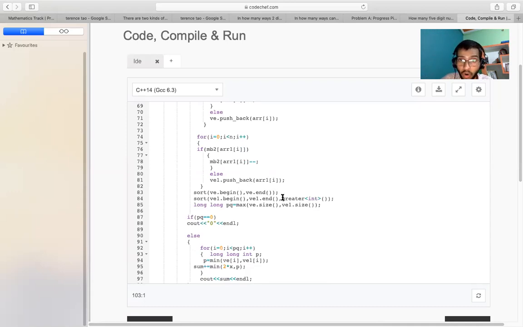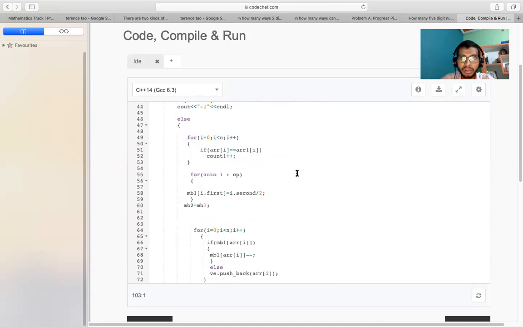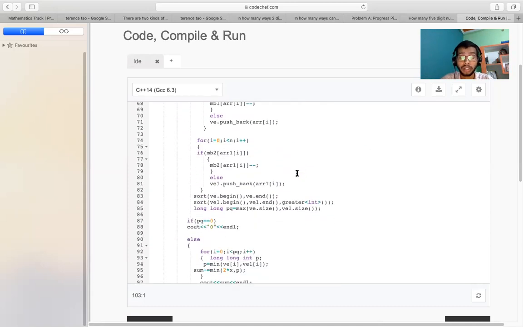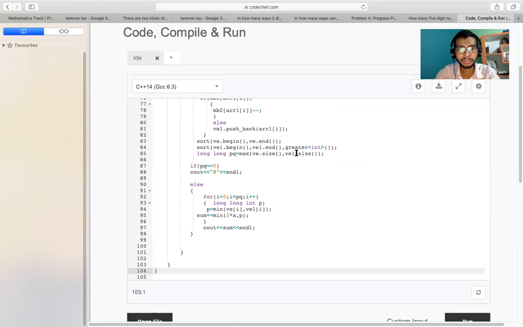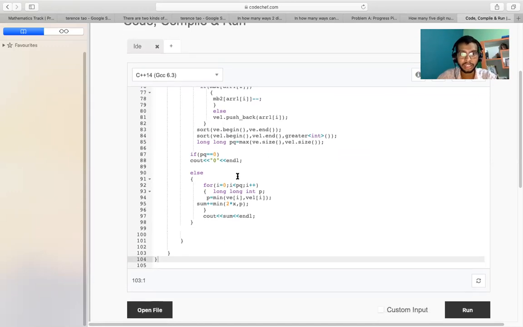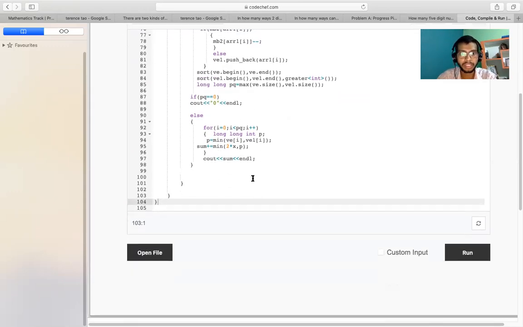One thing which I forgot to add in the previous code is greater<int>. Basically, greater<int> sorts the vector in decreasing order. Sorry, I just forgot this one thing in the last code. The thing is, I forgot to sort the vector in decreasing order. So I have sorted the first vector in increasing and the second one in decreasing order. Okay, so this one is in decreasing order, and all things are the same now. You can take a reference from this.